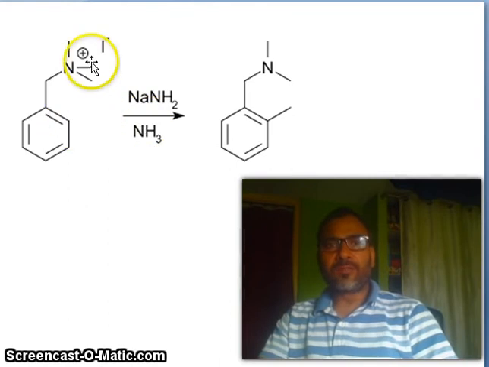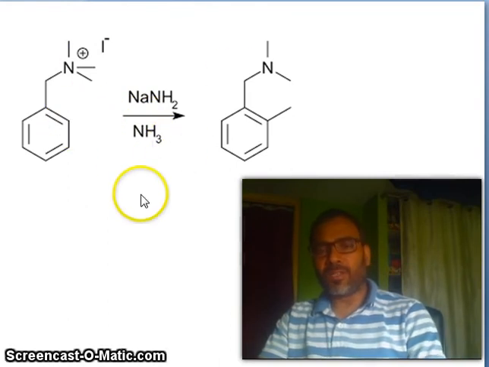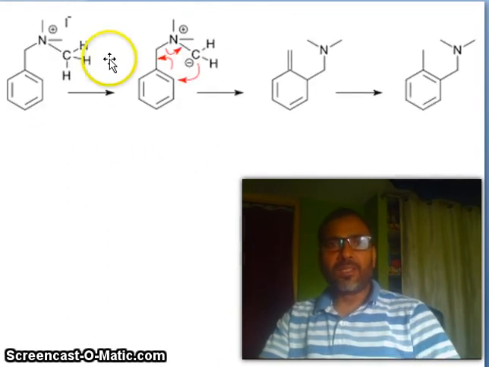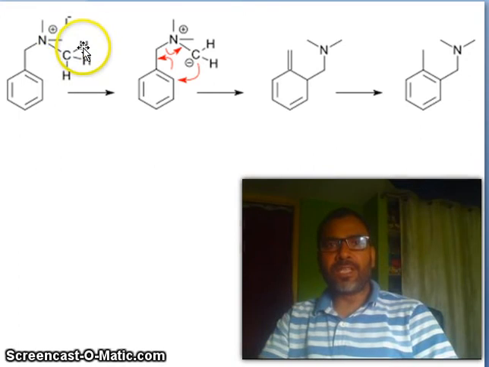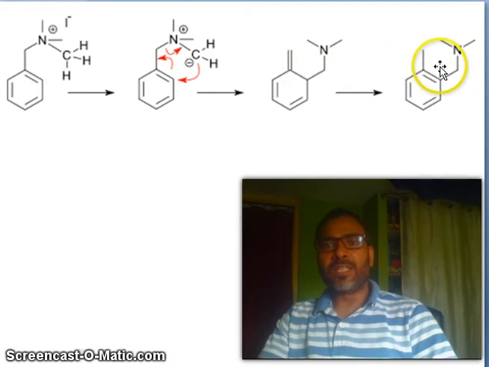You see the conversion in the presence of this. So if you have these substrates, then this negative will attack on this, and this bond will open. Now you see the double bond here is the bond, and upon workup you will get this product.